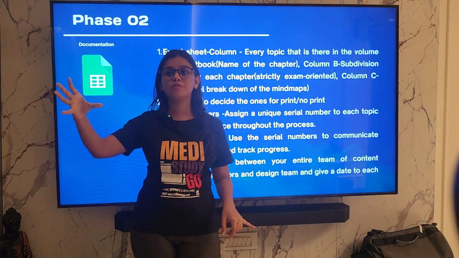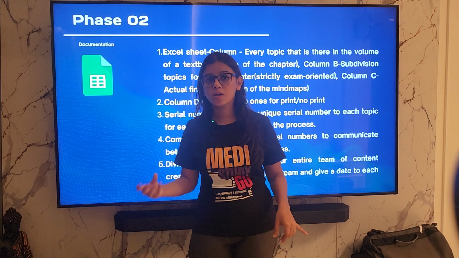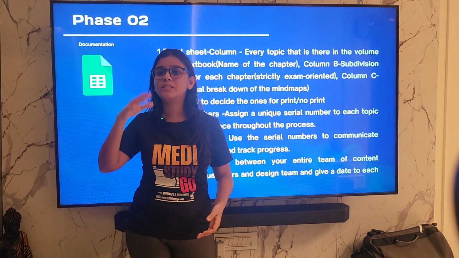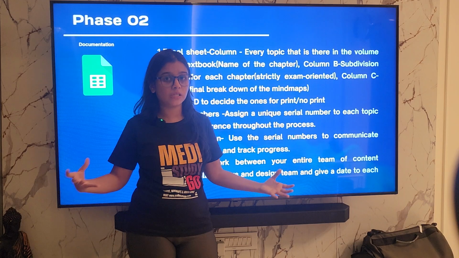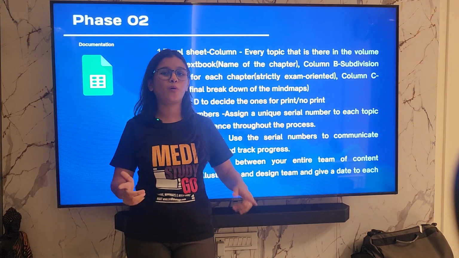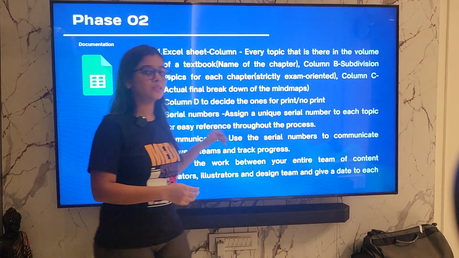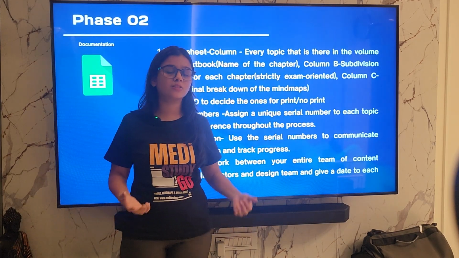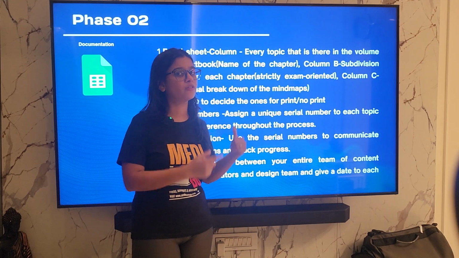For example, the heading of the topic is Roman number 2 and topic number 4. So instead of telling the name of the topic, we will say 2.4. Within our systems, within our huge team, our way of communication will be 2.4 rather than naming the topic. For that reason, we really emphasize that the serial numbers are done well from the beginning, so that later, as I said, when we reach the final stage, we are not struggling with the serial numbers.